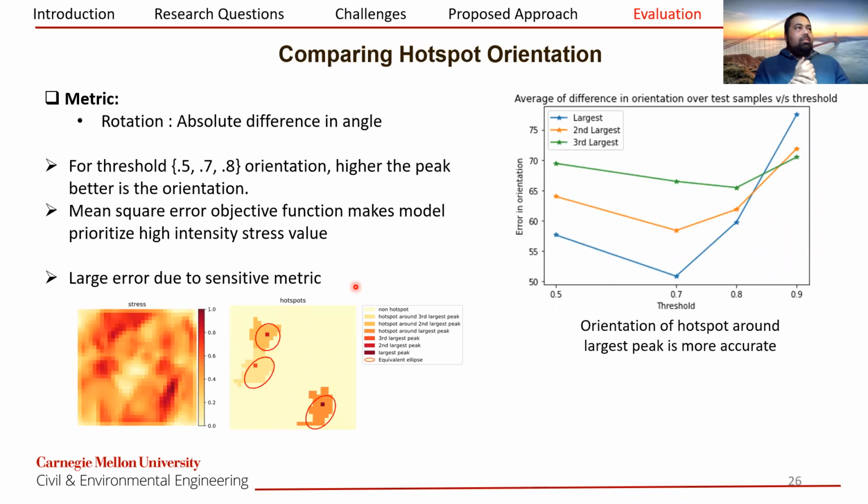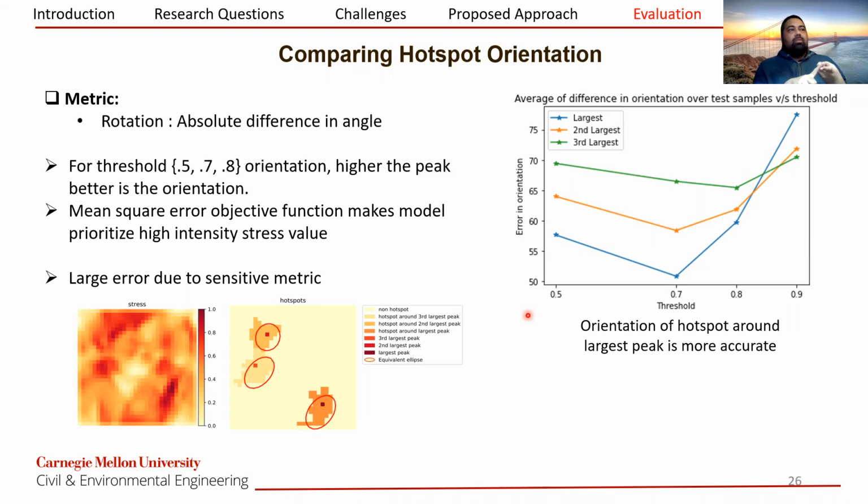Then we were using this orientation metric, and what we see is that in these regions, the largest peak error is much lesser as compared to the other two. What we think is that it's the same reason, that the model is focusing more on high stress values rather than low stress values. However, this error is still very large, and so what we are currently working on is analyzing